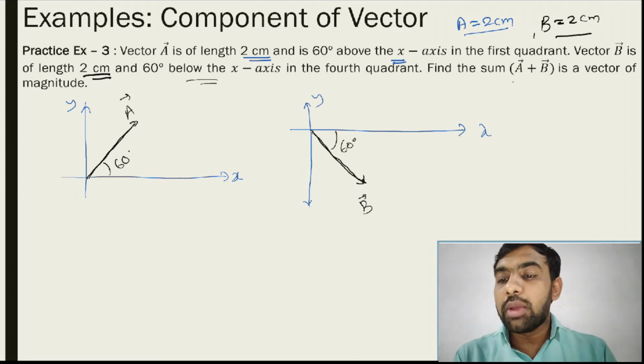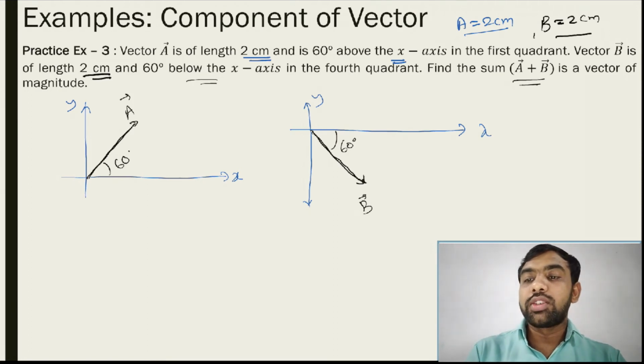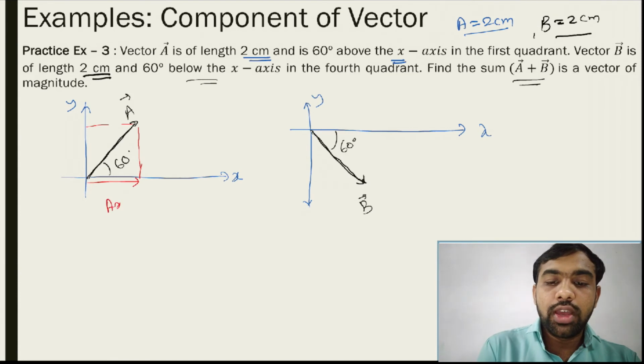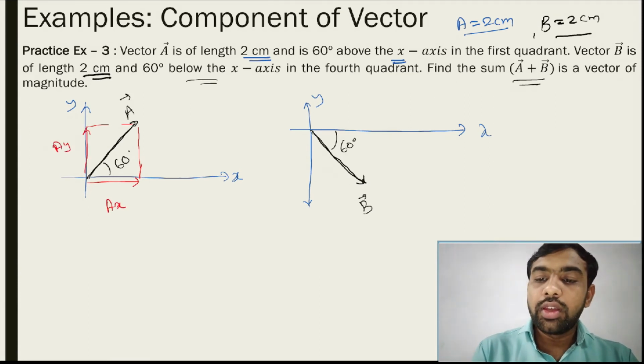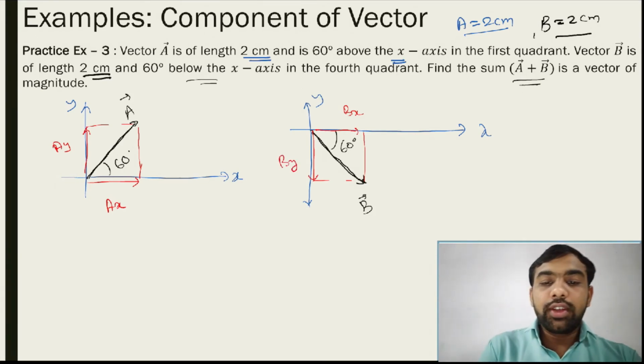So find A plus B. मतलब वेक्टर A कितना है, B कितना है, वो तो दिया हुआ ही नहीं है. So पहले उसको फाइंड करना पड़ेगा. तो A का कंपोनेंट ले लो. चलो, what is the component of A? So you just take a component of A. So this is AX and this one is AY. Here is BX and here is BY. Okay, तो फिर वेक्टर A क्या होगा?